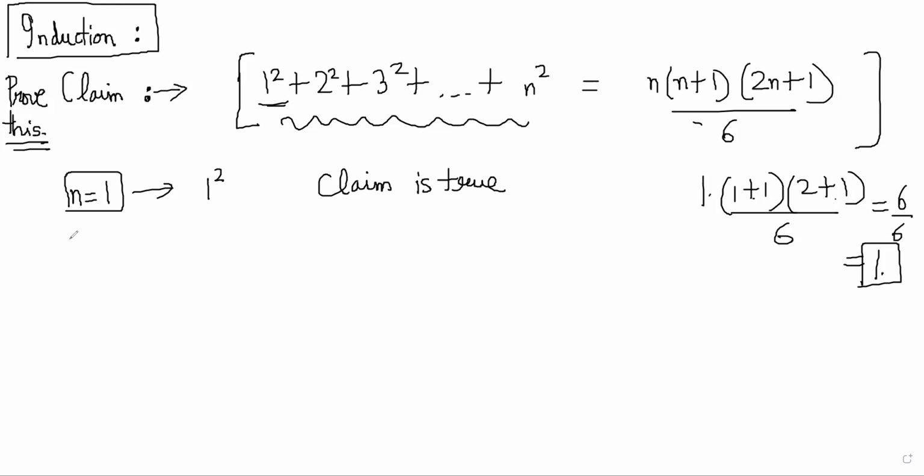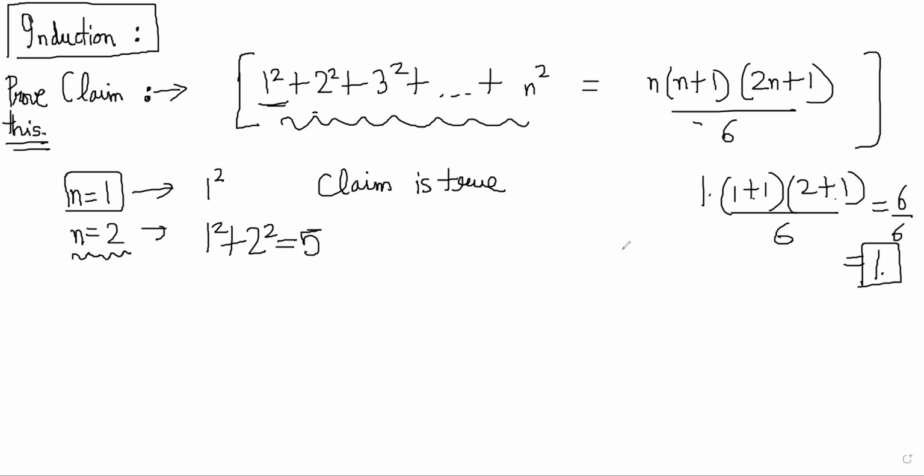Let's check it for n is equal to 2. So this side, what do you have? 1 square plus 2 square, so that is simply 5. Wait, so we're just proving it by examples? No, we are not proving it by examples. I'm just showing you some examples to get a sense of it. The derivation seems very, I don't know how they even got it. So right now we're just checking some examples to get a hang of it. We're not proving it.